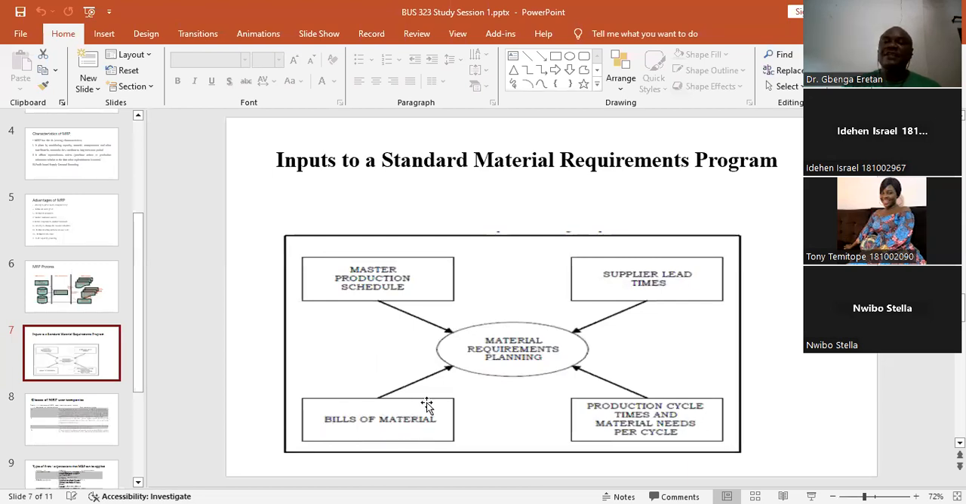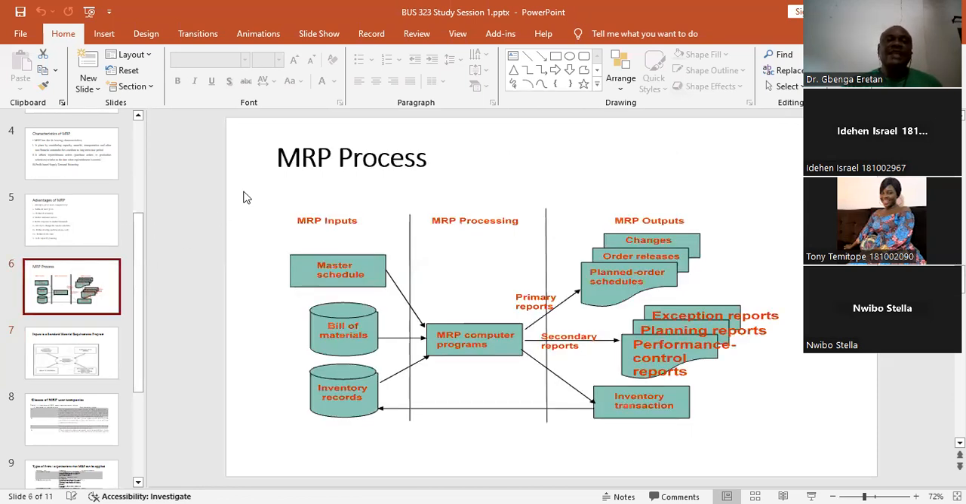This is a bill of material. Then you have production cycle, the time it takes to start a product and to finish it. You have a supply lead time. All of them is what we refer to as input material requirement planning. Just as we have said earlier, material requirement planning has 3 stages: the MRP input process, the MRP processing, and the MRP output. And this MRP input process comprises of